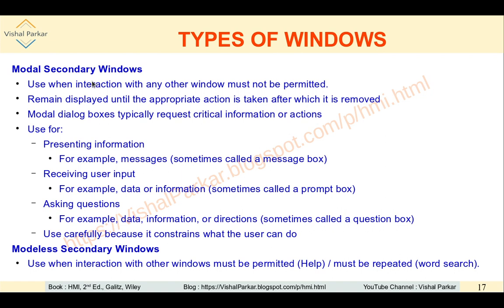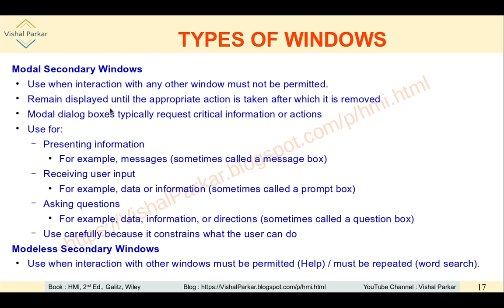One important segregation of secondary windows is whether the window is modal or modeless. So, what is modal? This is to be used when interaction with any other window must not be permitted while that window is open. Whenever a modal window is open, it will not allow interaction with any other window.